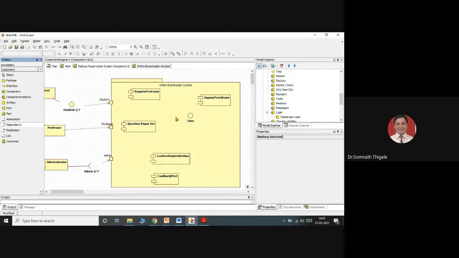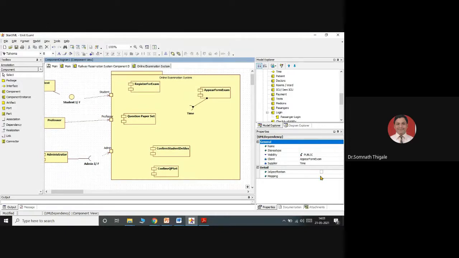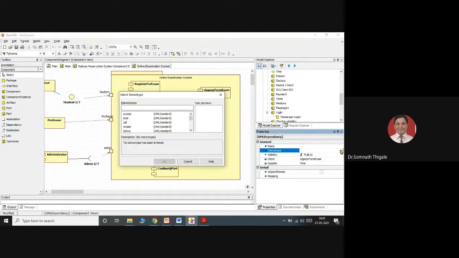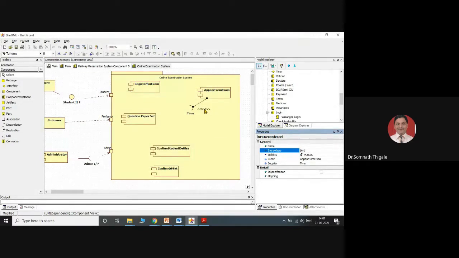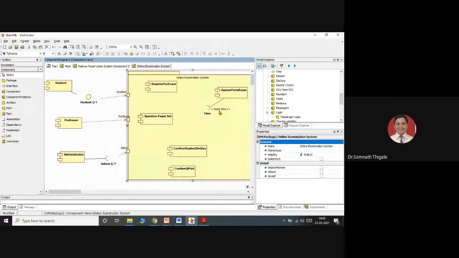So we will consider this appear exam as having the dependency. The time to appear for the exam will be decided by time. So that has a stereotype. If I say visibility, supplier and mapping, the name of the stereotype you can say over here is call or bind. I can see this is with respect to bind for the exam, which means the bind will be, for example, 2 hours only. So I'll consider this as 2 hours. Exams will be allowed only for 2 hours, considering the present scenario.